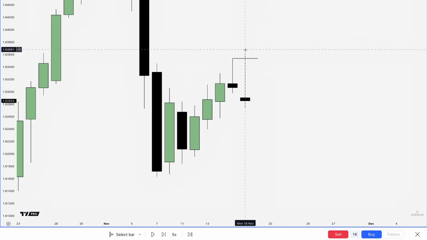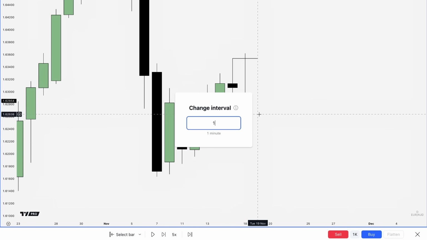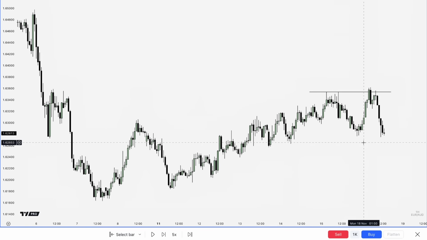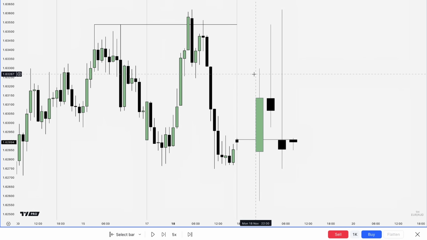Now to confirm this bias, I would go down to the hourly time frame from the daily and look to see if we have a change in the state of delivery. So down here on the hourly chart, do we have a change in the state of delivery confirming this swing point? Well, you can see we have closed through the series of up close candles that have made this high. So I consider this high protected, and then I will look to trade the open, high, low, close in the